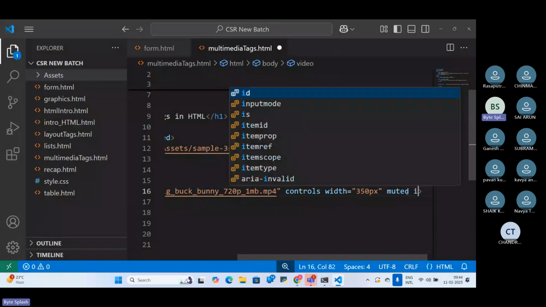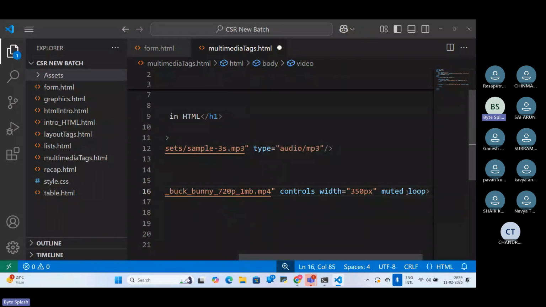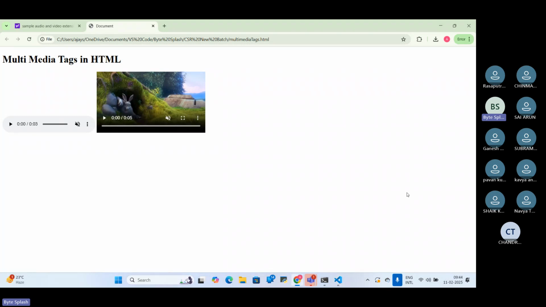By default, infinite loop. So loop infinite times. First we need to play here. Then after completing this video, it just keeps on playing, infinite loop. The first time we need to click on this play button. Then after that,